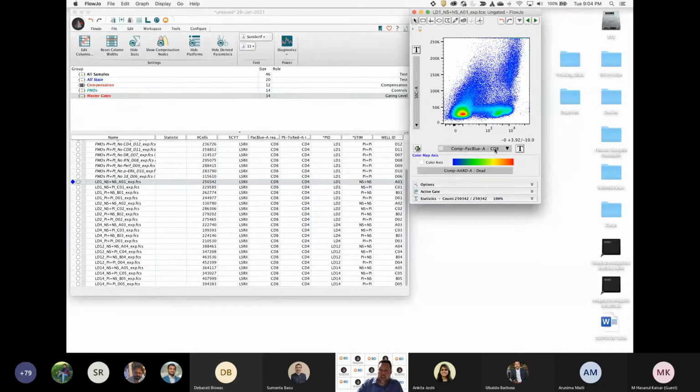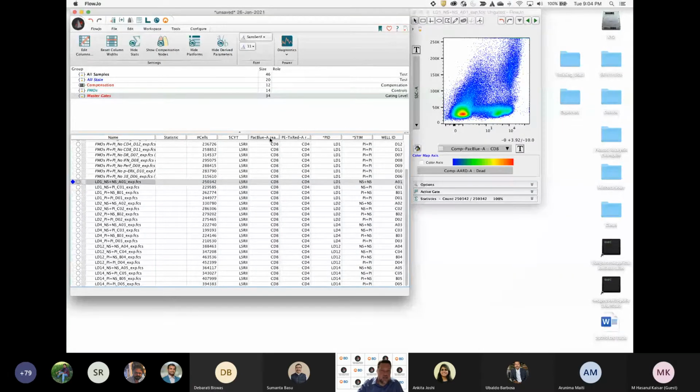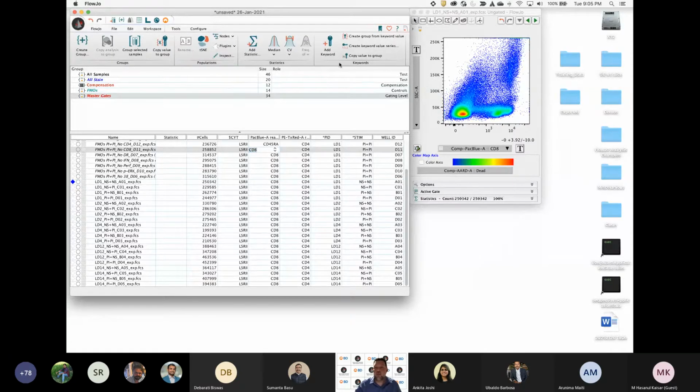If I had mislabeled that and it was a different marker, I could display this reagent column using my edit columns function, and then go in and change the number or the designation here. Maybe I mislabeled this and it's actually CD45RA. So I could type that once. Do I need to type it 46 times? No, I don't. I need to type it once, and then we have a function within the keywords band, which